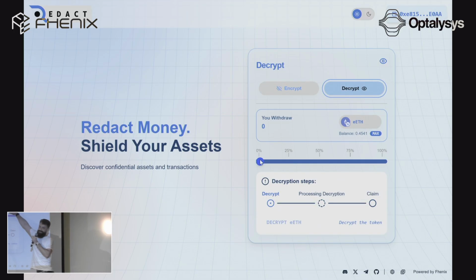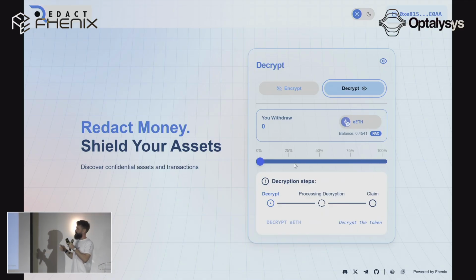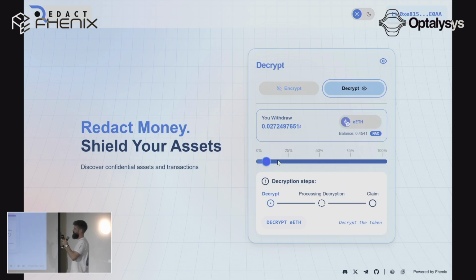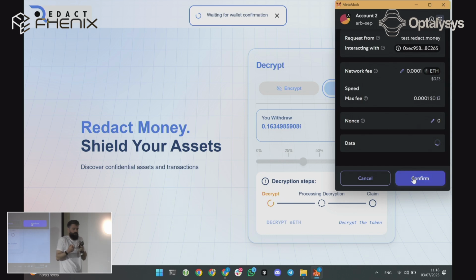I don't know if you see this, but this is the balance. We made the UX as simple as possible for people, but this is encrypted. And this very quickly gets decrypted using our novel threshold decryption mechanism. If you do decrypt, this is basically to claim back your ETH that you just wrapped.